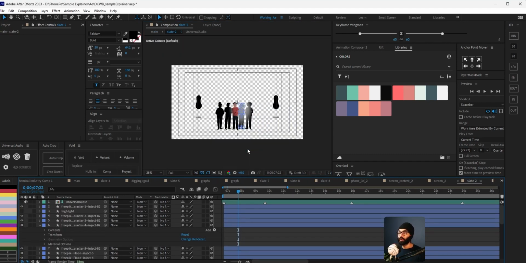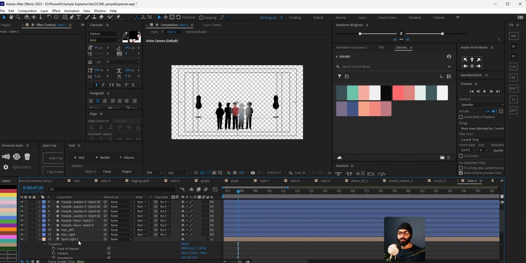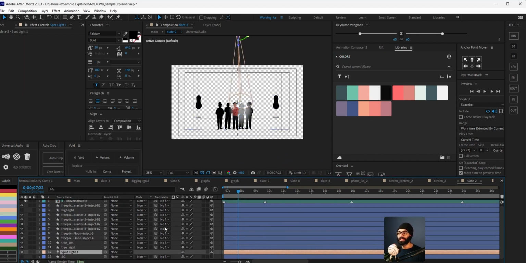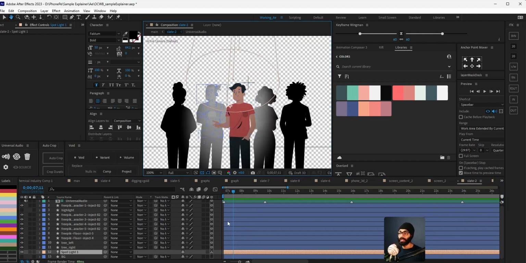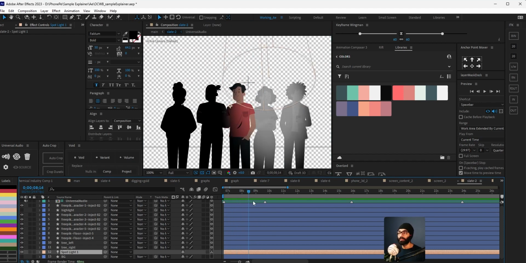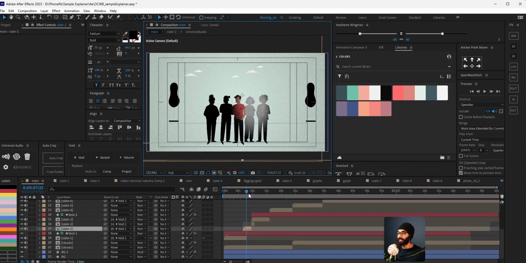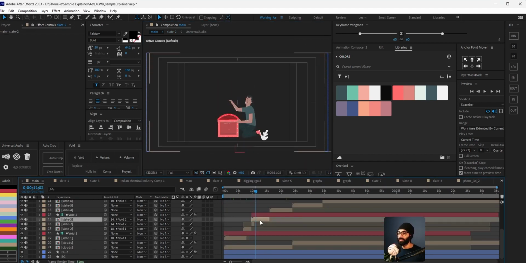So if you come into this comp, for the first time, in fact, I don't think I've ever used a light inside After Effects, but it's beautiful. It works very, very well, even with 2D illustrations, that's something that I found. It's 2D, but you have to make all the layers in the comp 3D, that is okay. But it works exactly how you would expect a spotlight to work. And that was nice.